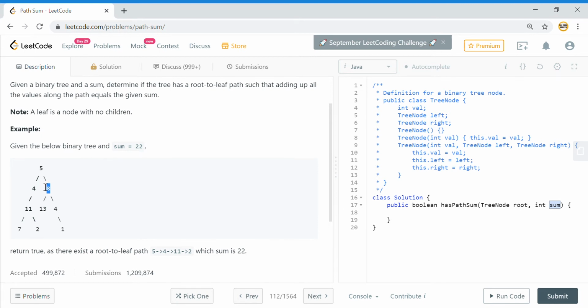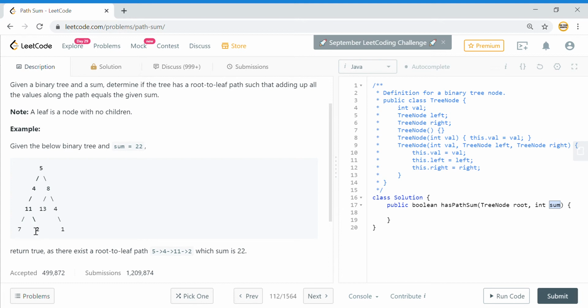17. So if I go further down from this node, then my target that I need to look for is that target should be equal to 17 minus 4, which is 13. So when I go further down from this node, the target that I'm looking for is 13 minus 11, which is 2. So do I have a 2 here or do I have a 2 here? Then if I have that value, then that's it. It means it's true, otherwise it's false.